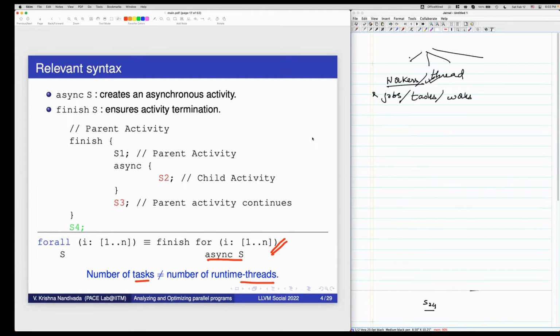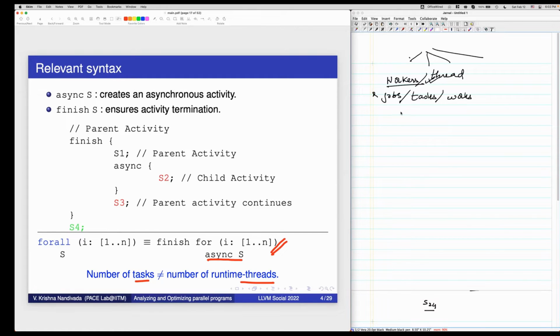Sir, how are the tasks divided into the threads? When we have a worker and have assigned some number of tasks to the thread, how is the serial order decided? I mean, which task will be executed first?